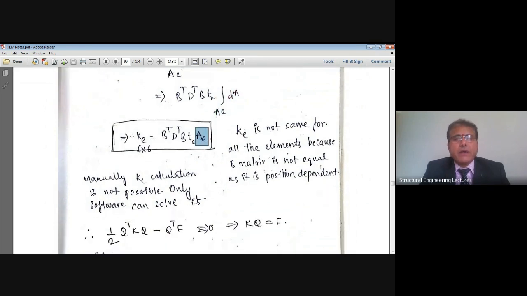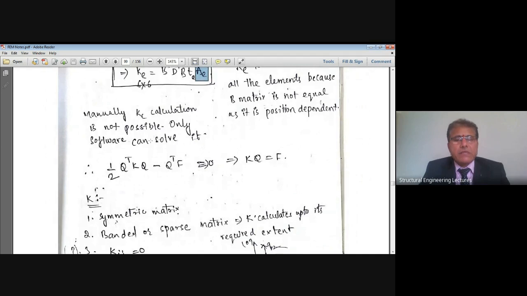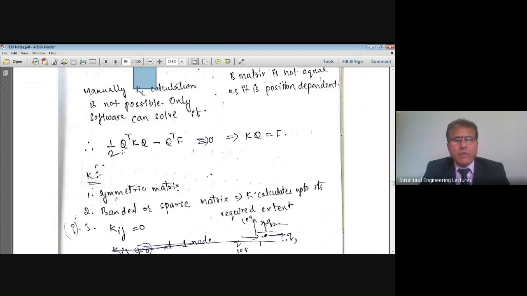And so the element stiffness matrix of the 2D 3-node triangular element, which is a 6 by 6 matrix, can be obtained as B transpose DB multiplied by the volume Ve, or t multiplied by Ae. Then once we get this element stiffness matrix for one element, we'll assemble the global structural stiffness matrix, capital K, and we'll also get the global load vector capital F, which is